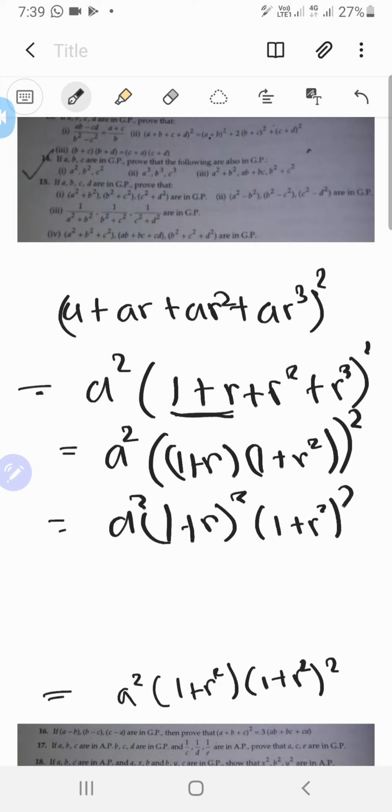Yes, that's squared. Why didn't we get a square over there? What went wrong? Yeah, this was supposed to be a square. Sorry, I forgot to write that. Because you see this b plus c whole square, so you get 1 plus r squared whole squared. Similarly here you get 1 plus r squared whole squared over there.